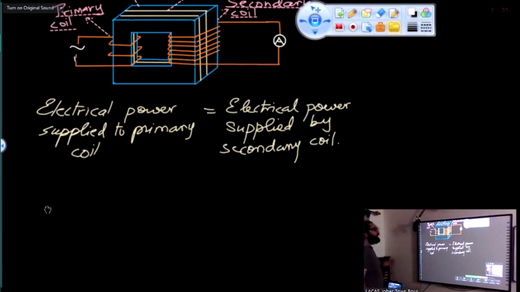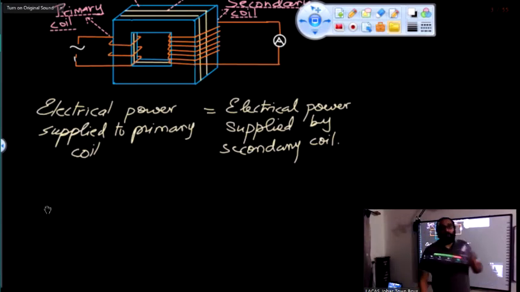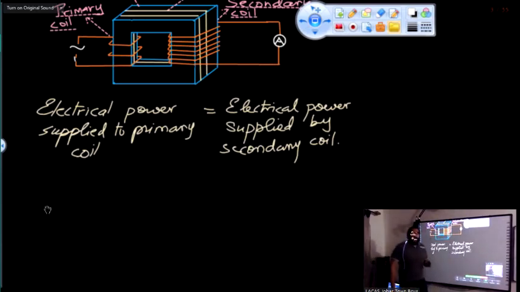which means that energy is not created. I'm repeating my part. इसका मतलब ये है कि energy create नहीं हो रही है. Reason क्या है कि जिस 1 second में जितनी energy हम electrical energy supply कर रहे हैं to the primary coil, the same electrical energy is supplied by the secondary coil. So within same time interval, the energy that we are supplying, because power is energy over time, that how much energy is there in 1 second. So as per that relationship, we can simply say over here